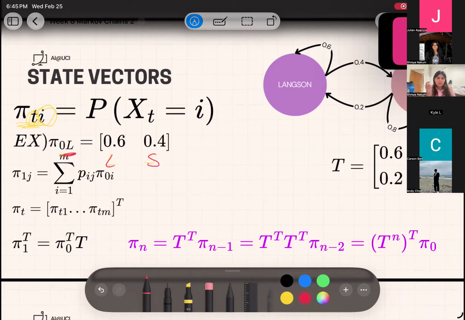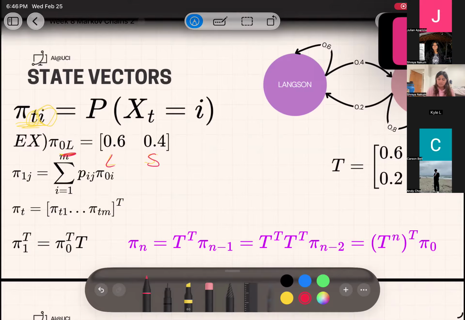So now you're wondering, okay, that makes sense to me, but what about at time step 1? If you look at the previous equation, or if you just think about it, the probability that at time step 1 you're going to be at some state j depends on the probability of where you were before times the probability of the state that you're going to go to.